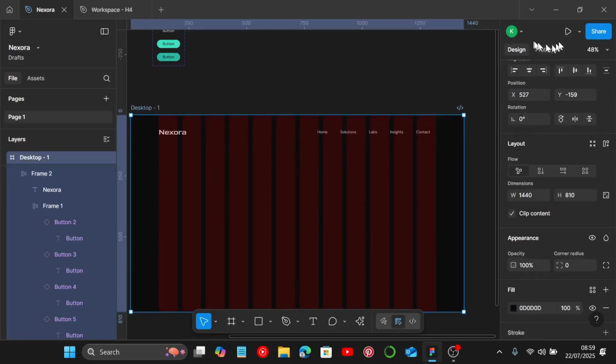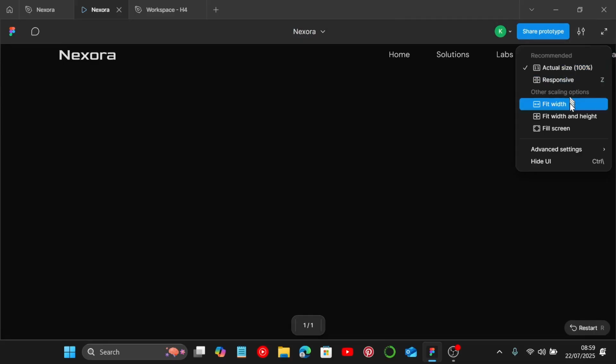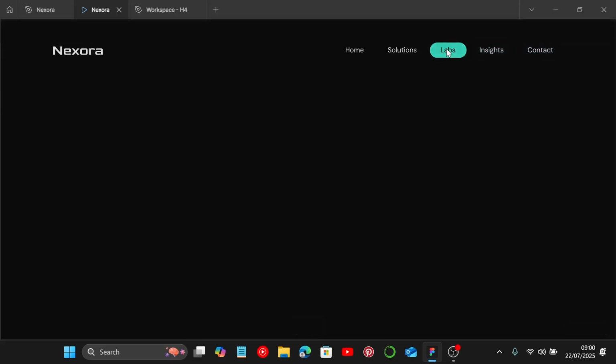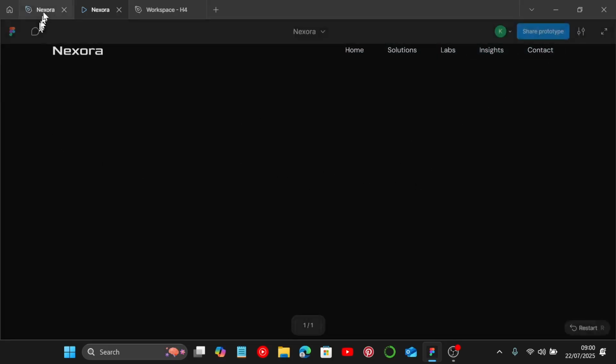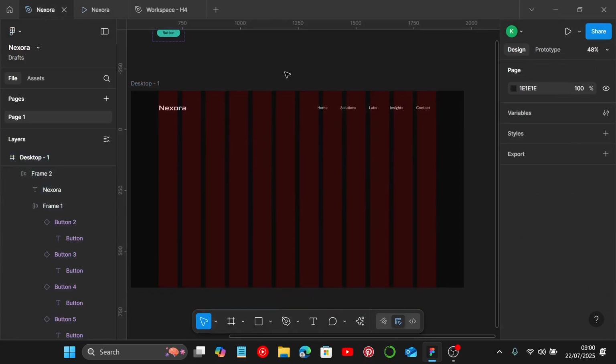So let's take a moment to look at it in our prototype view if it's going to load. It's going to take a bit of time, but no worries. Let me change this to, let me make it fit width for now. So this is what we have, our buttons, and yeah, our header is fine, and currently this is what we have. Now we can move on to creating, I believe, the font parts,